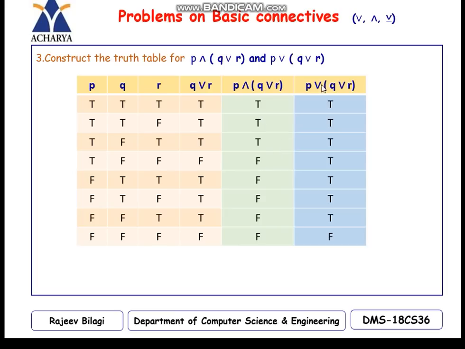Okay, then the last one, P OR (Q OR R). So another OR operator, with this OR with the P. If you look at the first column and the third column, when you are operating the OR operator, except the last row, any one of these truth values is true. So this is T, this is T, this is T, and finally F and F is F. So this is the truth value for this particular compound statement, which includes three different propositions.